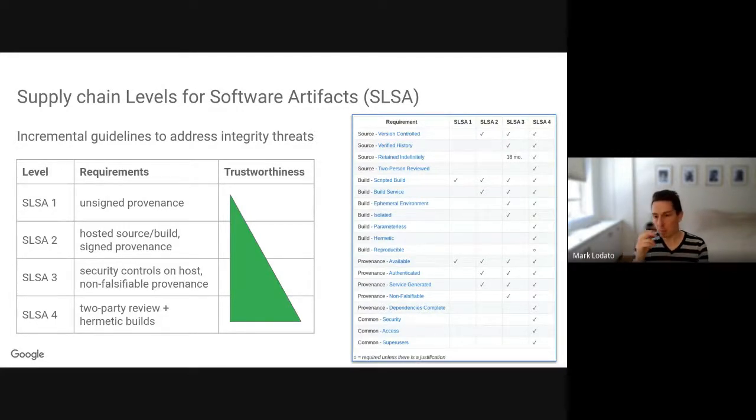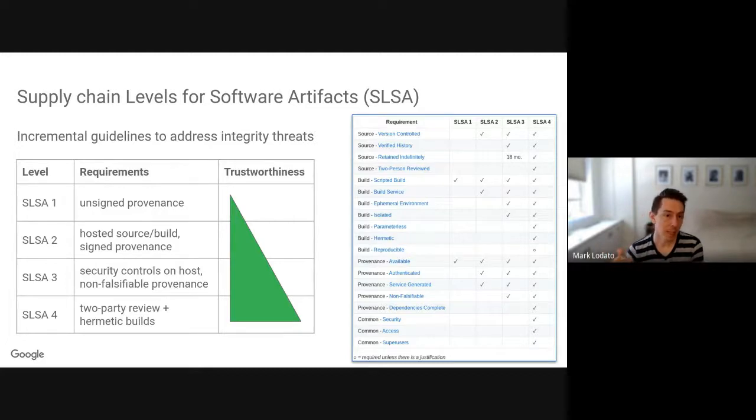But roughly, SLSA 1, which is a new level that we've inserted at the beginning, is just unsigned provenance, where provenance means that there's some metadata about how some software artifact was generated. We decided to have this as a very first level, where the only requirements are that the build is scripted in some way, that you're not just running manual commands. This could be as simple as running make. Ideally, it would be hosted, but it doesn't have to be. And you generate provenance saying where you generated this thing from, which allows people to analyze it. There are no integrity protections at this level. Someone could tamper with it, but it gets you on the path forward, and it already provides some benefits.